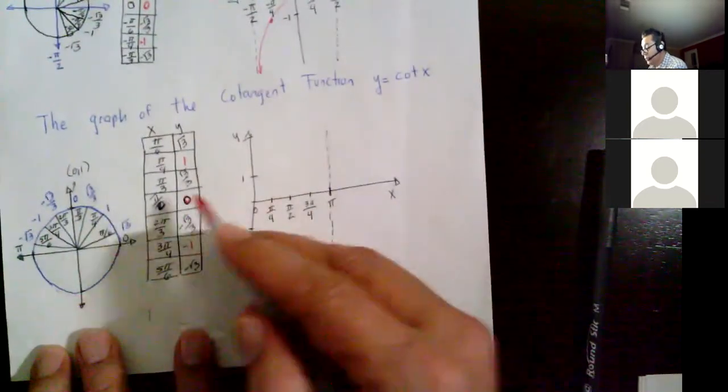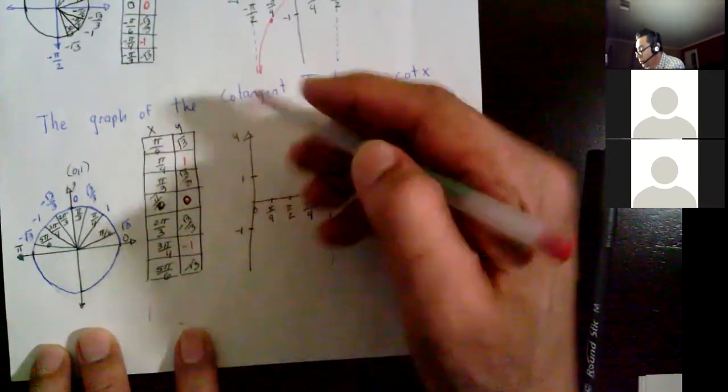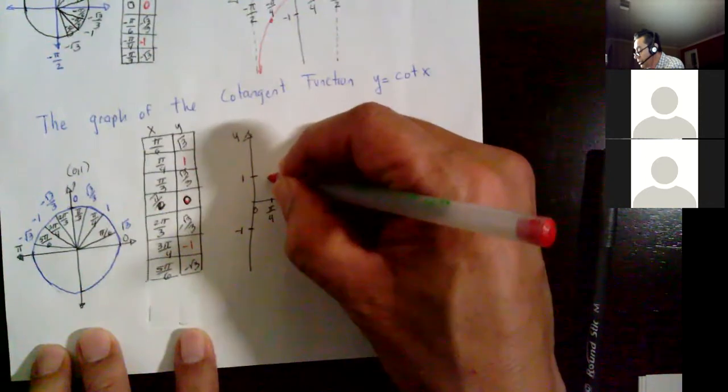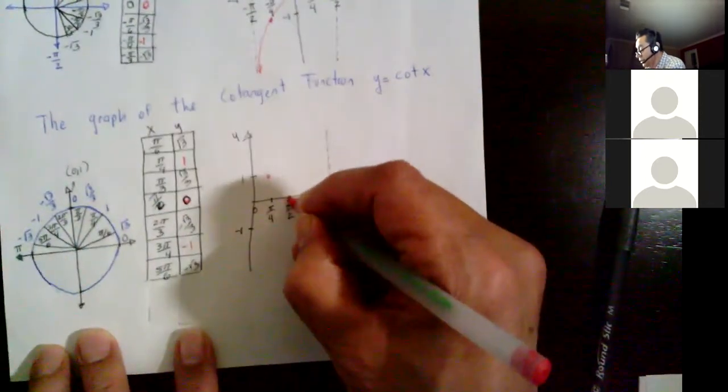Let's plot this pair, pi over 4, 1, which is right here. At pi over 2 is 0, right here. And at 3 pi over 4 is negative 1, let's say right here. And if we connect these points,